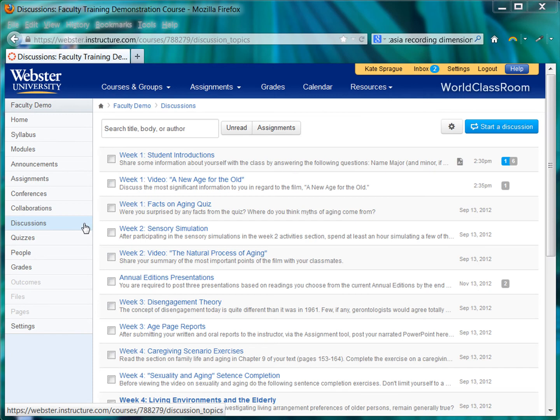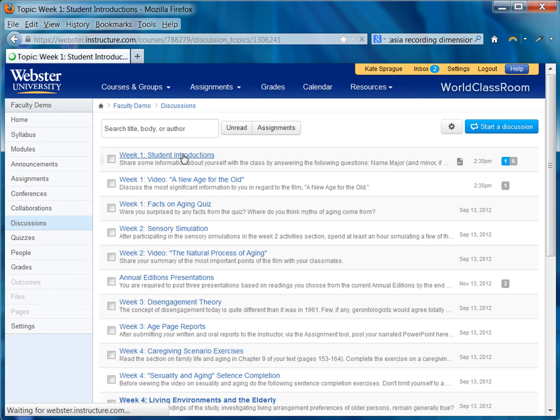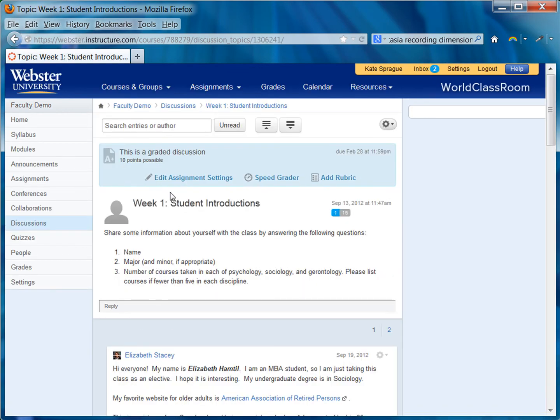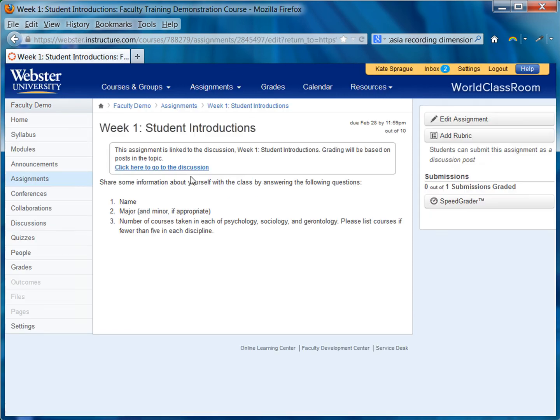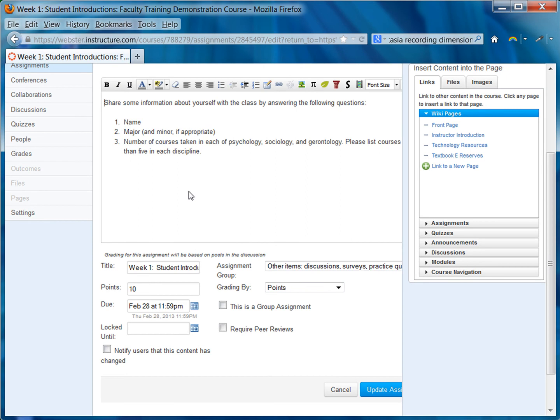If you have a graded discussion that needs to be edited, you have an alternate way to edit that. Click on the one that is graded, and again you'll notice that by seeing the icon over here. Click on the title, and then you'll have this blue area up at the top where you can actually edit these settings. Because the discussion is an assignment, this will take you into the assignment settings where you can change